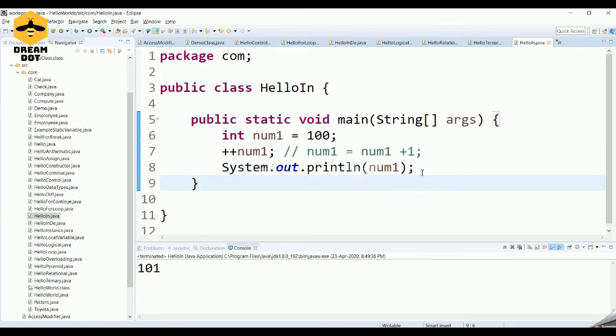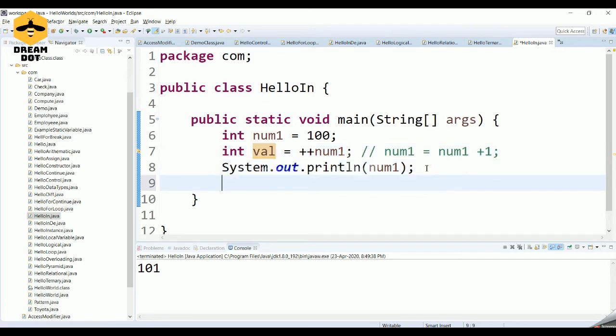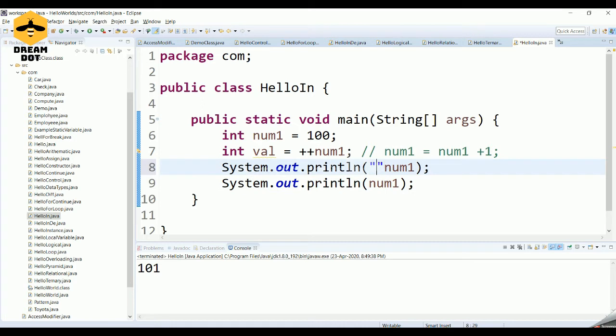Now let's try to assign this particular value to a variable and let's check what is happening. If there is an int val and if I assign this and try to print both, we can print num1 is, and here let's print val is.